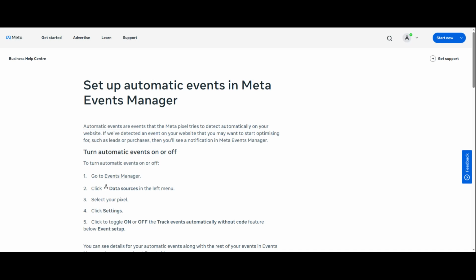In today's video, I'm going to show you exactly how to set up Conversion API for Facebook Pixel on WordPress step by step. This setup is essential in 2026 because browser tracking alone is no longer reliable. With ad blockers, iOS privacy updates, and cookie limitations, you need server-side tracking to make sure your events are recorded accurately. By the end of this video, your Meta Pixel will be sending data through both the browser and the server